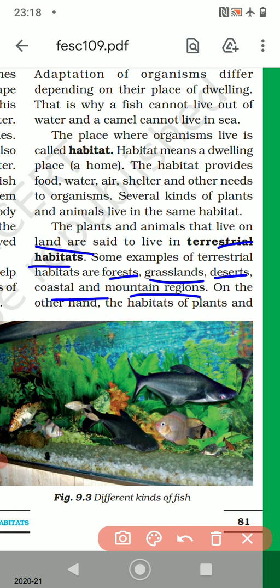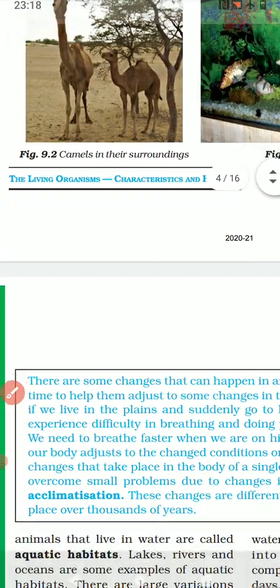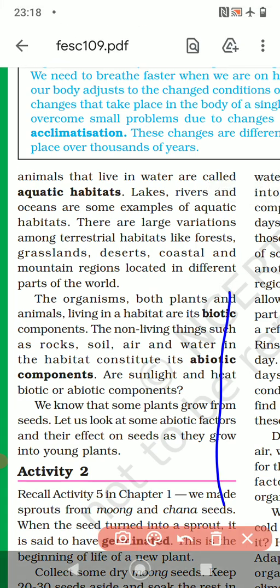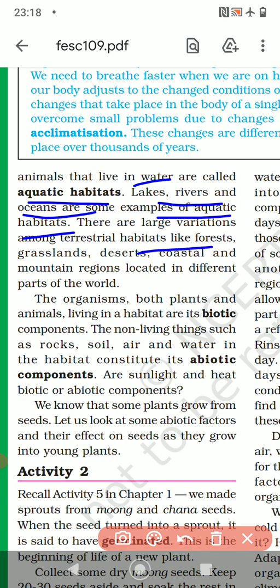Okay. On the other hand, the habitats of plants and animals that live in water are called aquatic habitats. The plants and animals that live in water are called aquatic habitats. So lakes, rivers and oceans are some examples of aquatic habitats. There are large variations among terrestrial habitats like forest, grassland, desert, coastal and mountain regions located in different parts of